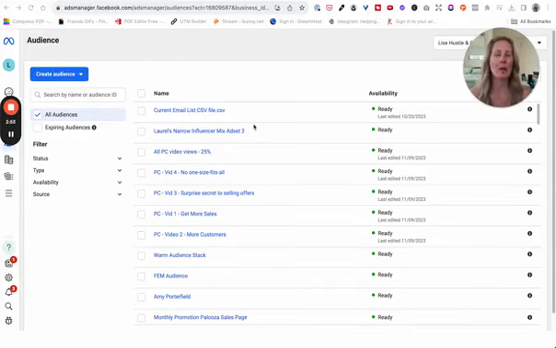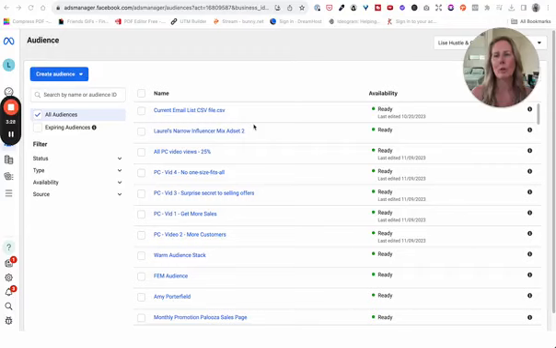Now, that is not going to 100% guarantee that you're going to get in front of all those people on your email list, but a good chunk of people still allow those privacy settings on the platform for them to match email addresses up. Another thing to be mindful of, you need to have a minimum of 1,000 people on your email list in order to upload them to here. In order for that audience to generate, you need to have at least 1,000 people. So as long as you've got that, go ahead and do that.